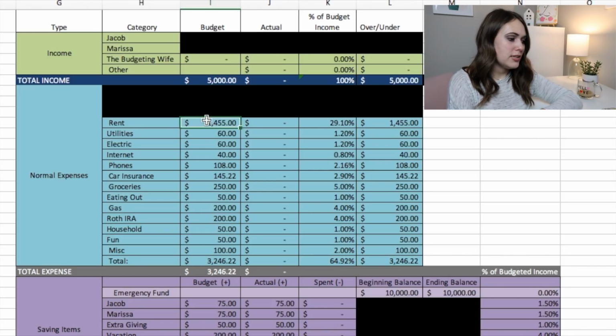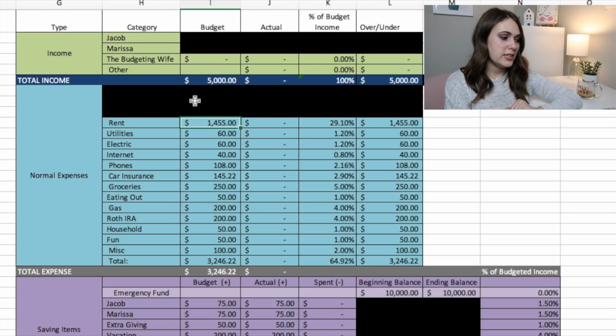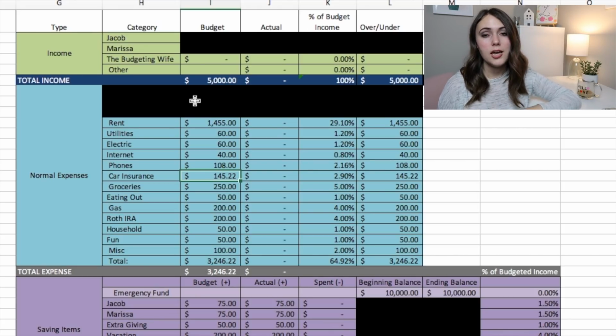Moving on into rent. Rent, as always, is $14.55. Utilities, I expect to be around $60 this month, as well as electric. Internet is always $40, and phones are always $108. Car insurance is $145.22, and so this car insurance is our car insurance and our renter's insurance, but Jacob right